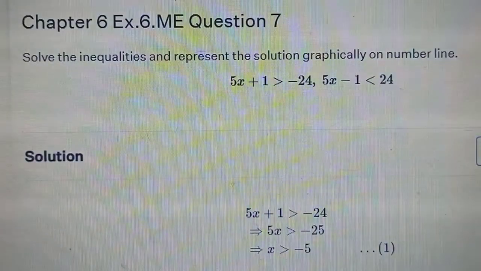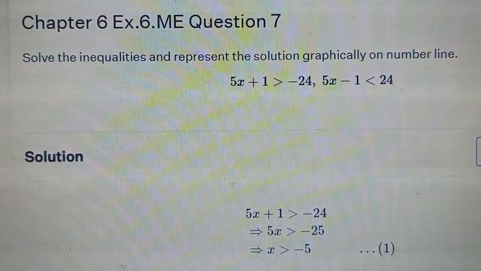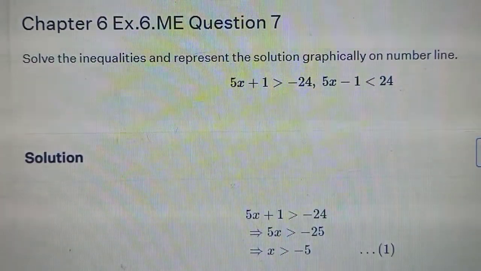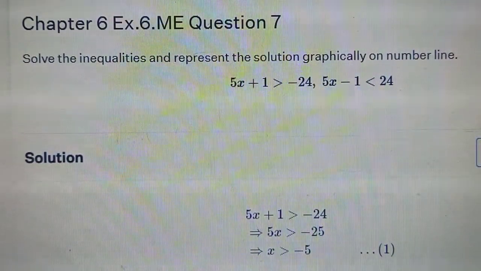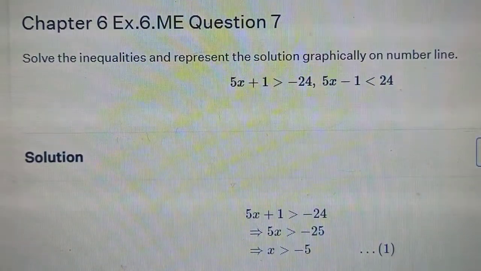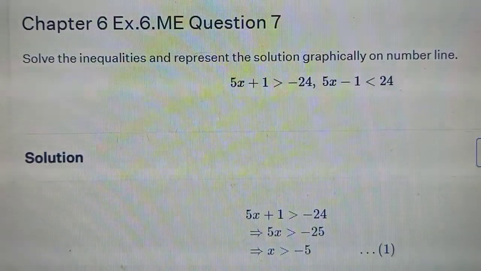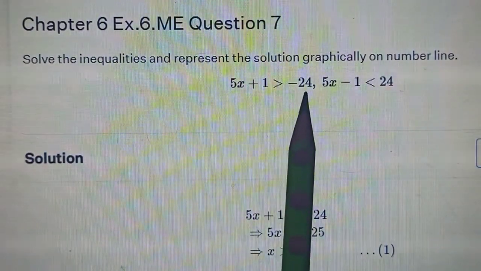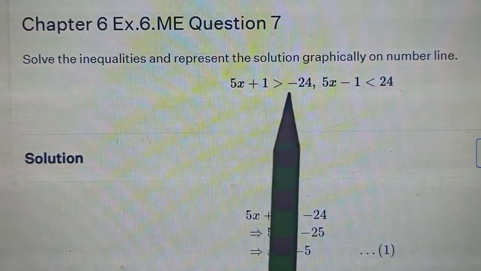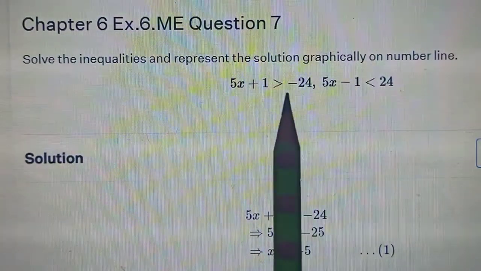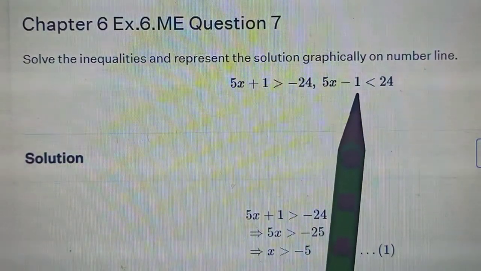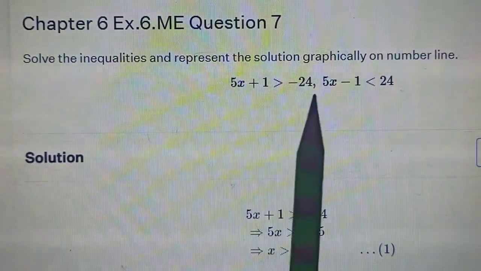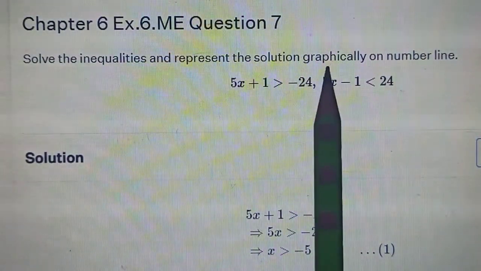Hence your solution. Now see 7th onwards, children, this time they have given different inequalities. Till 6, the system was merged into one inequality. Left hand side, right hand side, we could have written together because the expression in between was the same. Now this time they have written the inequalities separately. One inequality is this, the other is this. So you will solve both individually and then look for the common solution points which satisfy this as well as this, which can easily be done through graph.